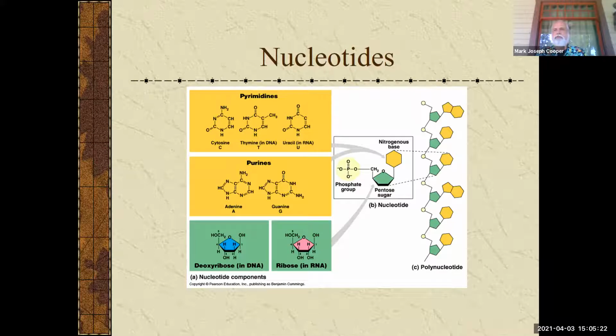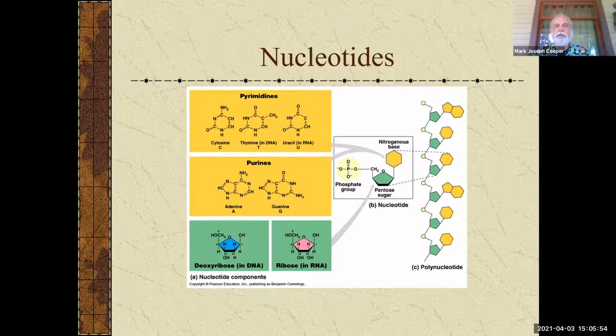So here is the reminder from test one, the nucleotides. There are 5 of them. There are pyrimidines, the longer word, simple structure. So there's a single ring. And that is going to include cytosine and thymine in DNA, and uracil in RNA. Then we have the purines, which is a double ring structure, adenine and guanine, and that is for both DNA and RNA. And then the sugars,